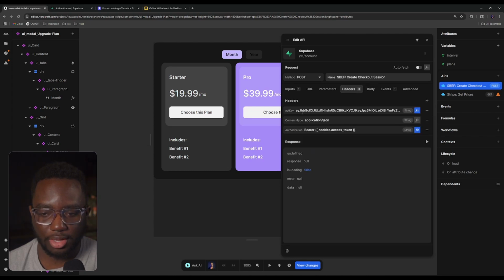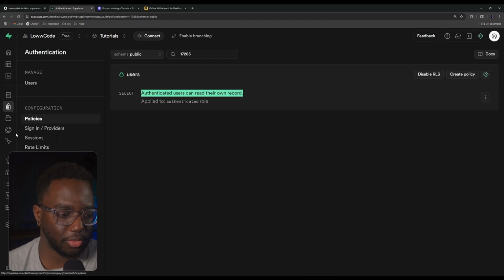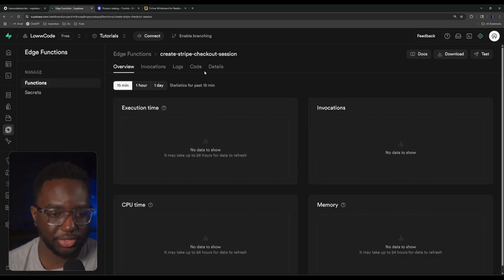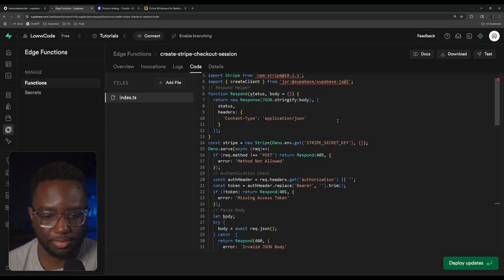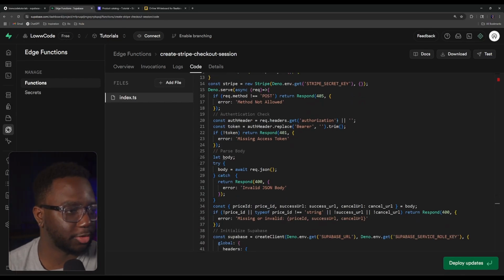And we're passing in the user's auth token so that we can get their ID for Stripe and all that. So let's actually go check out that edge function really quickly. Edge functions, create Stripe checkout session. We go to the code for this. And if I were to break it down for you just a little bit,